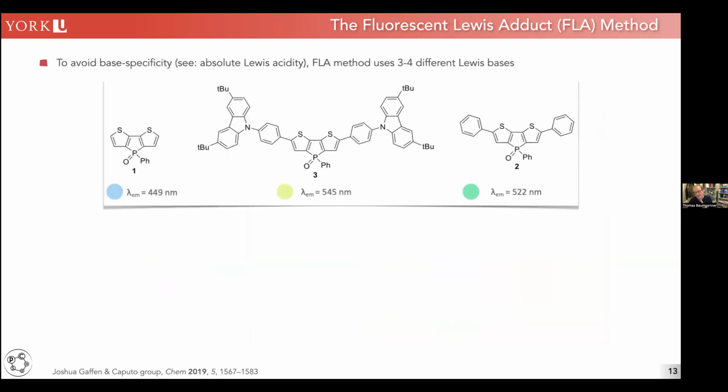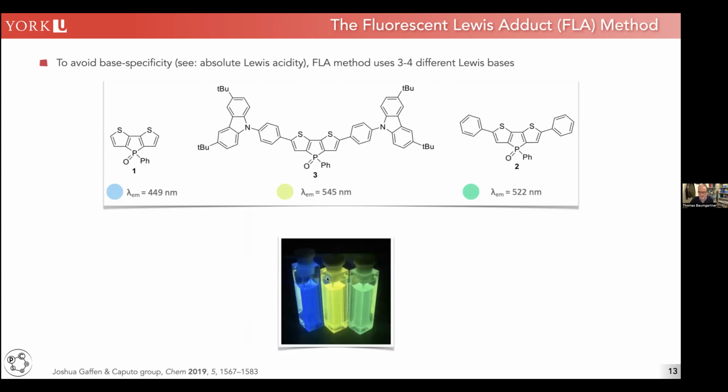But to move away from that trapdoor that is the absolute Lewis acidity, we actually do these measurements with at least 3 Lewis bases. Ideally, we do it with 4, because at the end of the day, the point that we measure could easily be one of those absolute Lewis acidities, and I'll show you ultimately it is, because they do change. So we actually change the Lewis basicity of our species to some extent, because each of those species has a different pi star system that has a different interaction with the sigma star of the phosphorus oxygen bond here. So we do modify the Lewis base strength by adding at least 3 Lewis bases into the mix. And what happens is this.